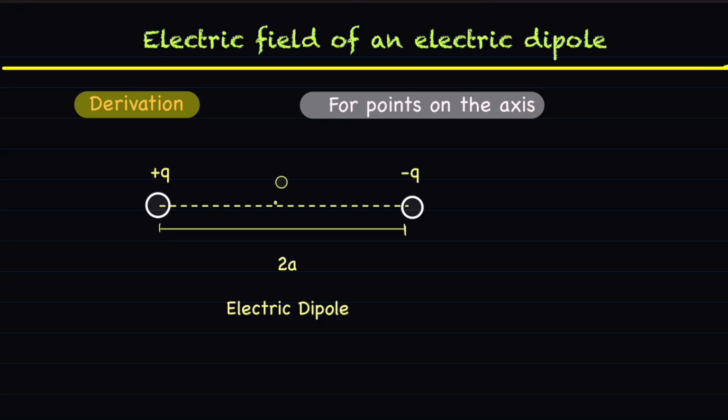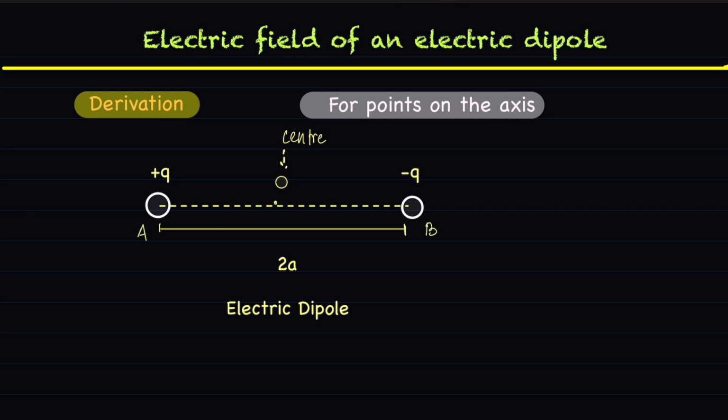So here is our electric dipole. What is an electric dipole? An electric dipole is a combination of two charged bodies of the same magnitude but different polarity. As you see, this is the plus charge and this is the minus charge, and they have a fixed distance. The distance is 2a, and this O is the center of the electric dipole. From this O, if we name one end point A and the other point B,